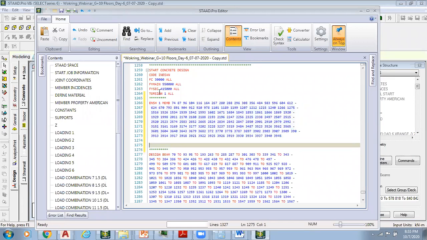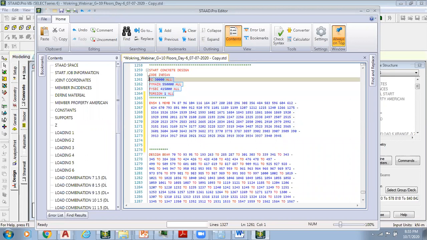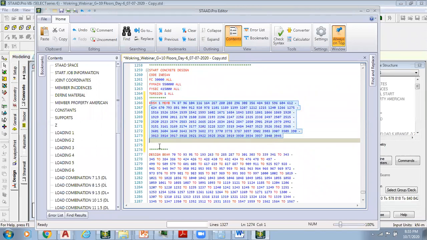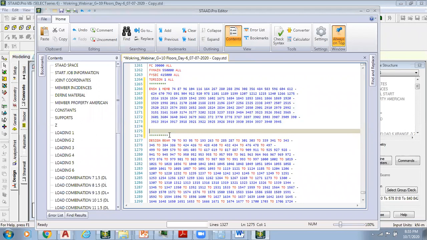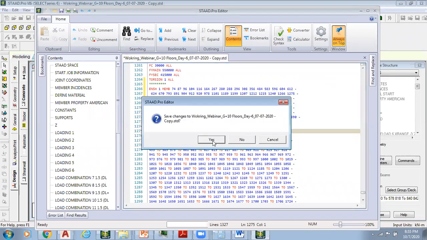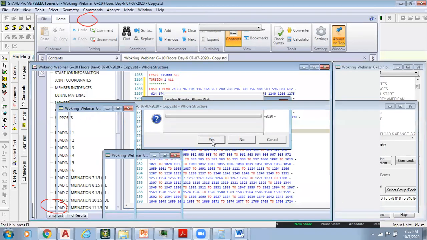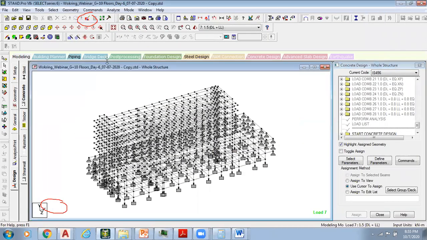Means all the set of information like torsion and the grade of material. This is the input details, right? If I need to design a beam, this is the thing that I need, right? Similarly, I should paste this one, enhance shear strength, before the beam design option. Now I can say okay. I can say yes. Now again I run the analysis. Now I'm going to use this shortcut key, which is F9.